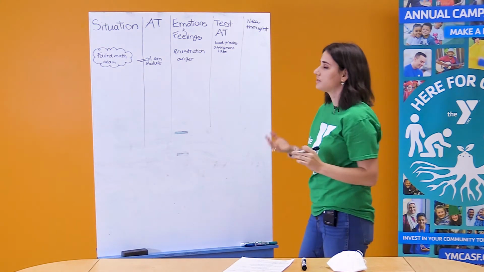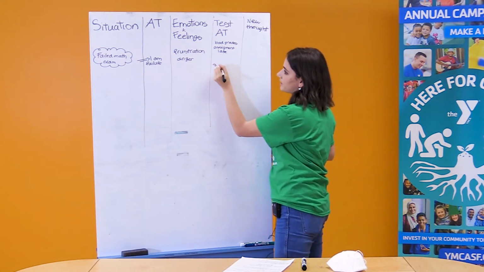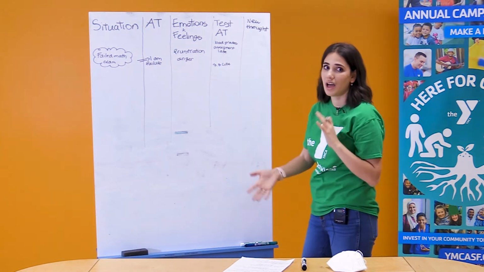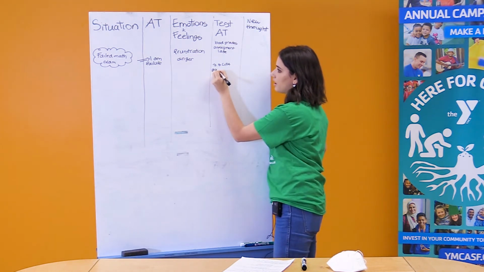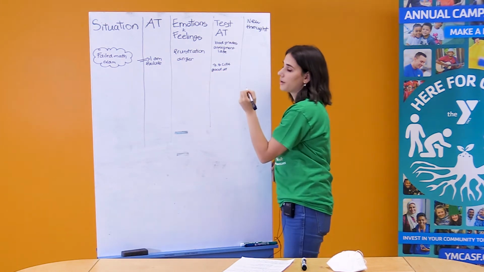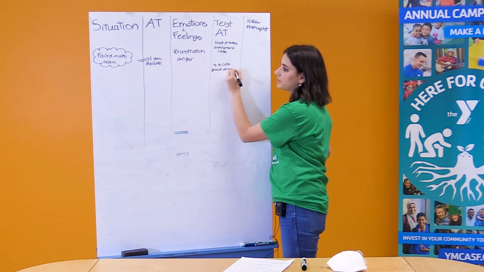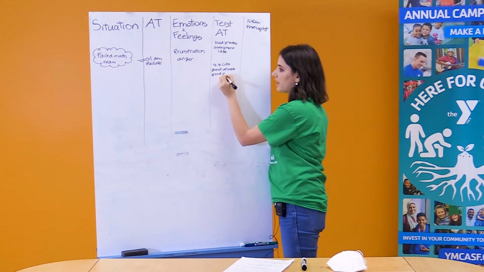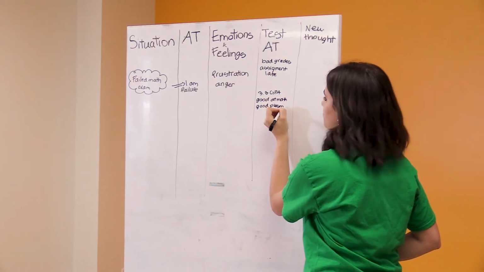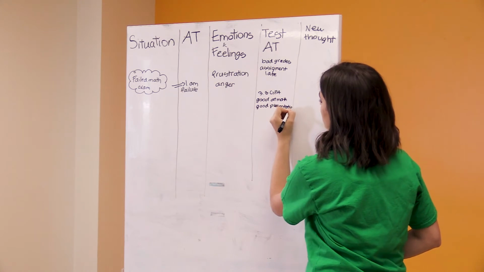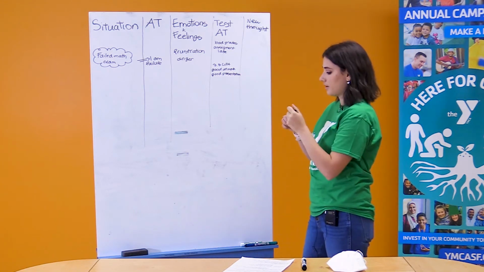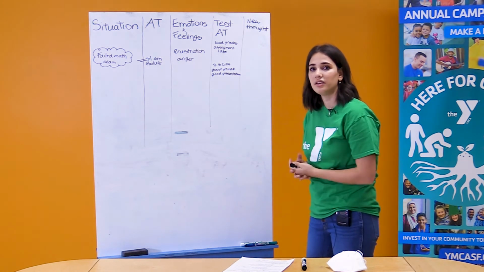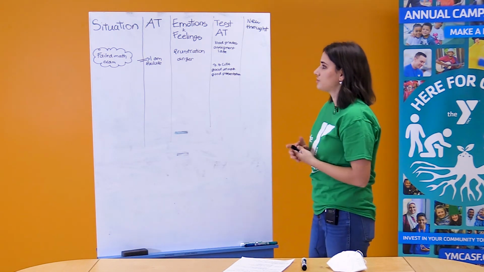Evidence that contradicts my automatic thought is that I have a 3.8 GPA, so it's not all bad. Also, usually I'm good at math. And recently, my teacher praised me for a good presentation. So I'm going to write this down, good presentation. So as you can see, there is more evidence that contradicts my automatic thought than evidence that supports it. So maybe my automatic thought of I'm a failure is not true and is more irrational.